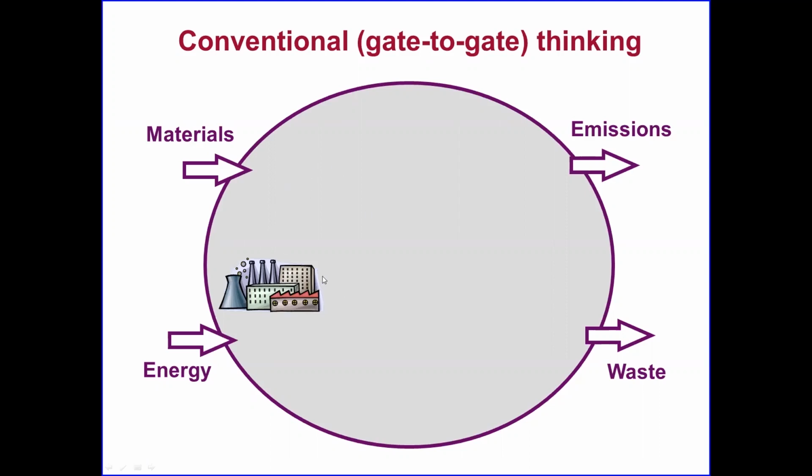That thinking is called gate to gate. Also, a lot of the time, government require industries to report the emission occurring from their own facilities. But often, most of the emissions or environmental impact occurs beyond the boundary of the plant or factory where the manufacturing occurs. For example, the energy they may be sourcing from a grid or a coal-fired plant, or materials or chemicals which can be